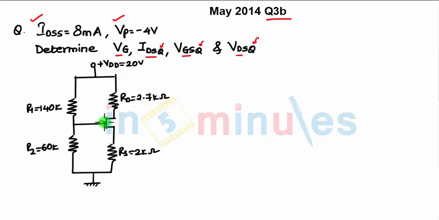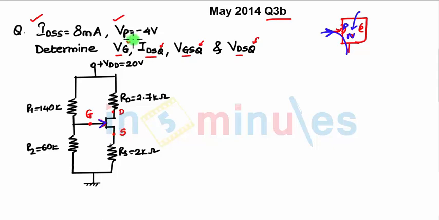Now, in order to identify the type of JFET, I told you that suppose the channel is N and here you have P type doped material. So when you are forward biasing this P and N junction, the current will always flow from P to N. So this arrow indicates that it is N channel JFET. So in this becomes your gate, this becomes your drain, and this becomes your source.